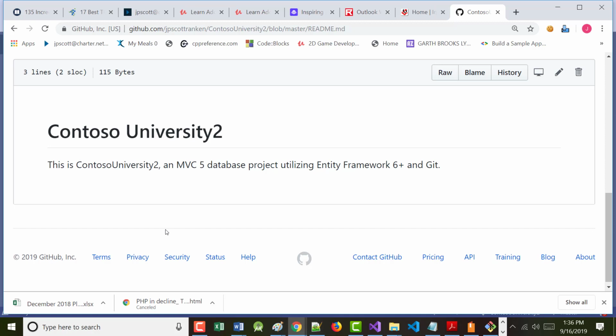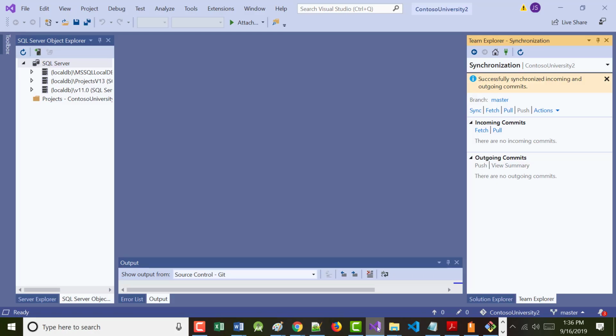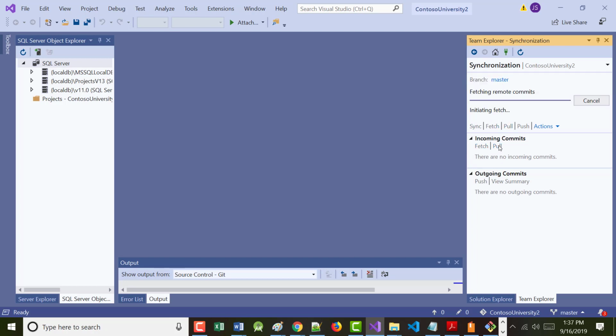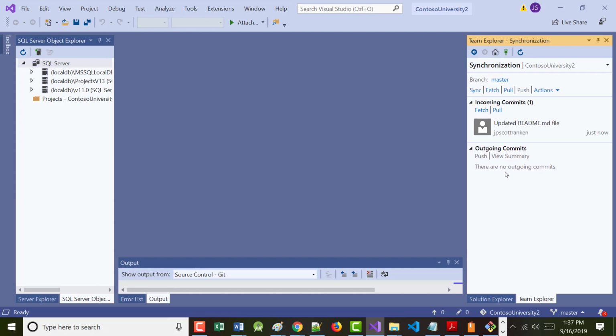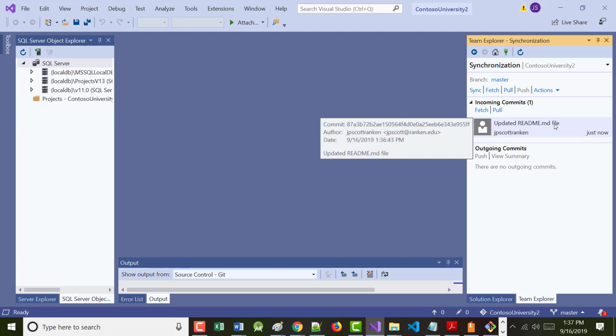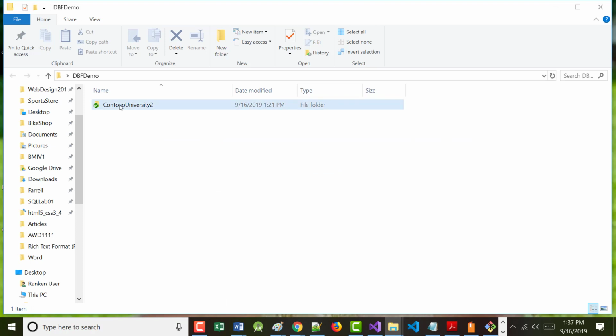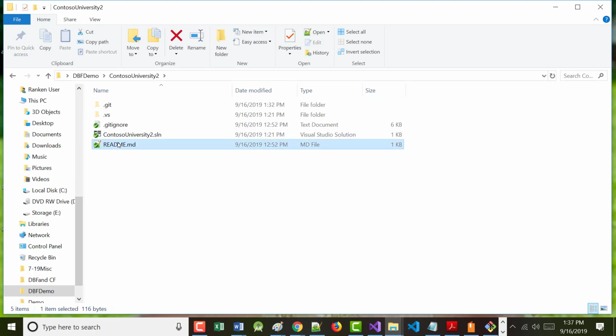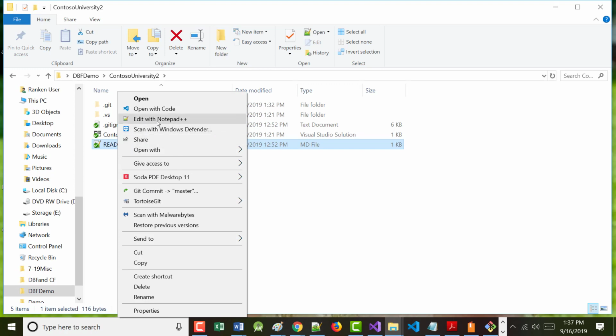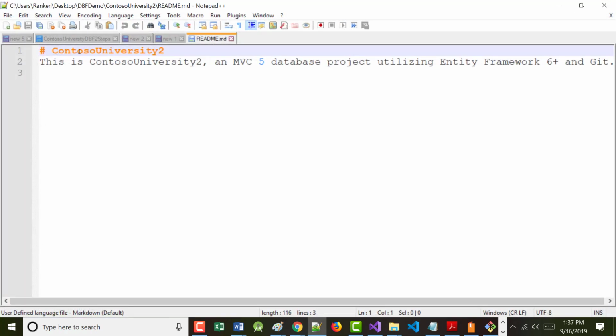All right. So now I'm going to jump back into Visual Studio. And I'm going to come in and I'm going to do a fetch, pull, and I want to see if that comes down. It says, notice updated readme.md file. See that? How do I know if that's actually been updated? Well, the down and dirty, cheesy little way to find out, I'm just going to show you, is for me to go back into my folder here, find that README file, and just open it up. So I'm going to edit it, and well, it doesn't look like it has been. All right? Okay, and that's fine.